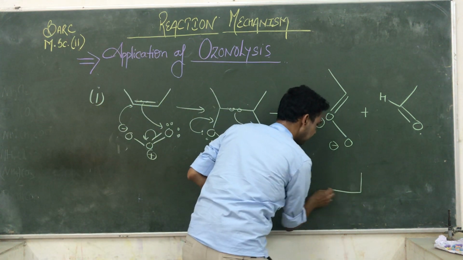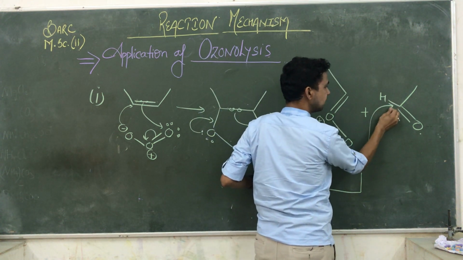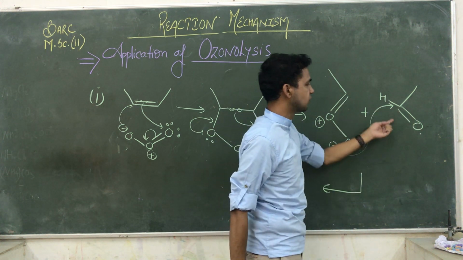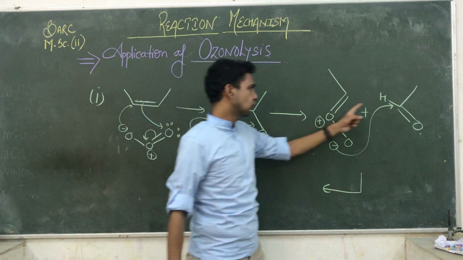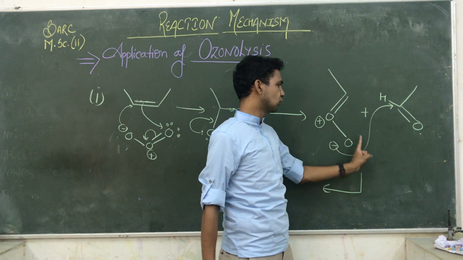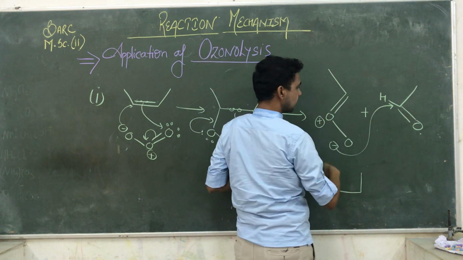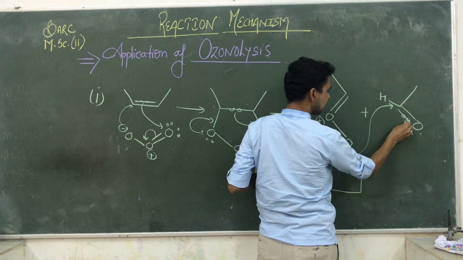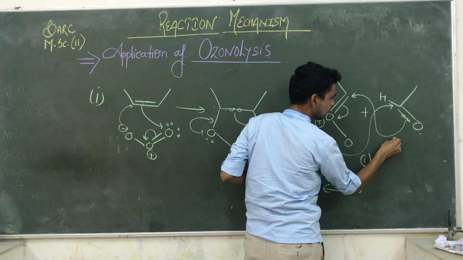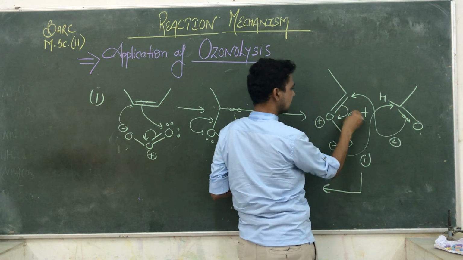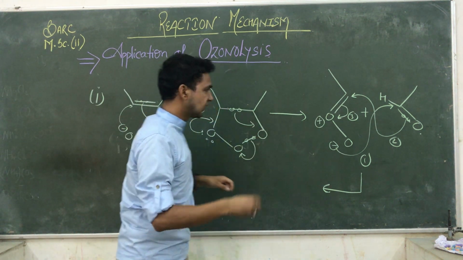Okay, so see guys, what happened here: this negative part approaches this carbon, because this carbon is attached to oxygen, and the oxygen pulls its electrons towards itself, so that carbon carries a positive charge. So it behaves like an electrophile, and the other behaves like a nucleophile. When this oxygen attacks here, this oxygen's double bond attacks here and this electron comes here. This is the first step, this is the second step, and that one is the third step. Due to this cyclization, or again this whole 1,3-cycloaddition, they give you a stable product.